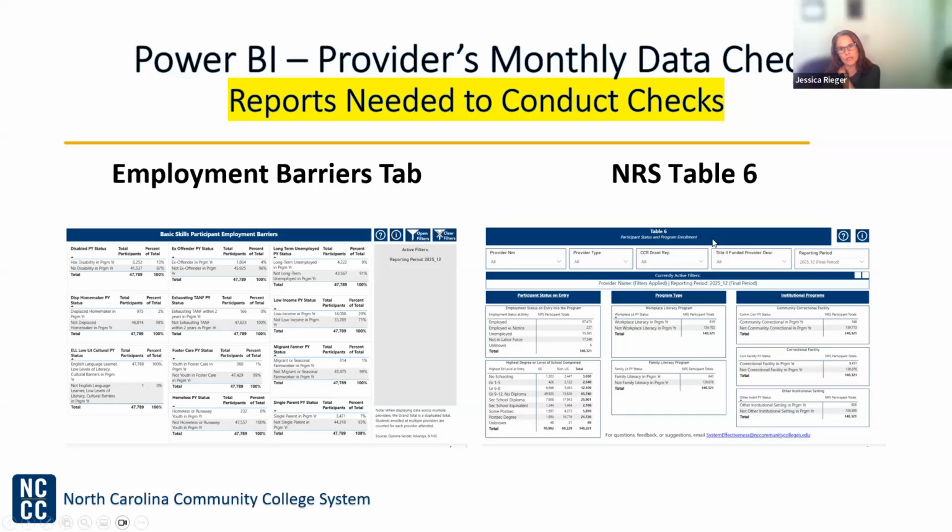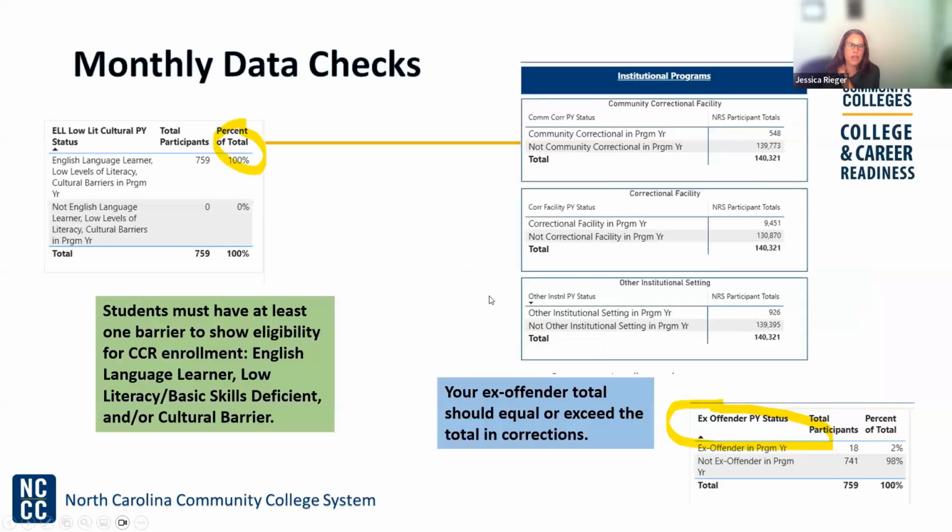But then the other document that you want to pull is your NRS Table 6, also in Power BI. It's under your NRS tables, but pull NRS Table 6. And you want to compare these two documents. And what you're looking for is a couple of things. So on your employment barriers form, you should have 100% of your participants showing as one of these